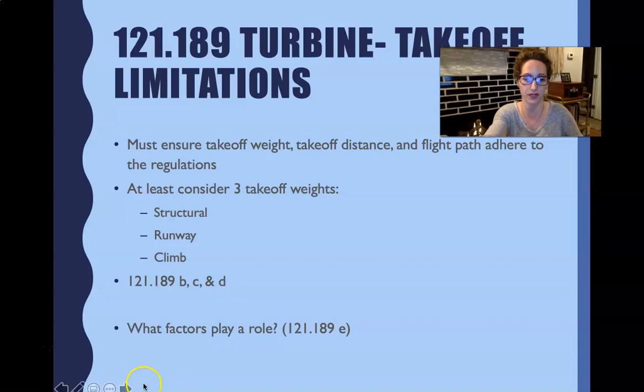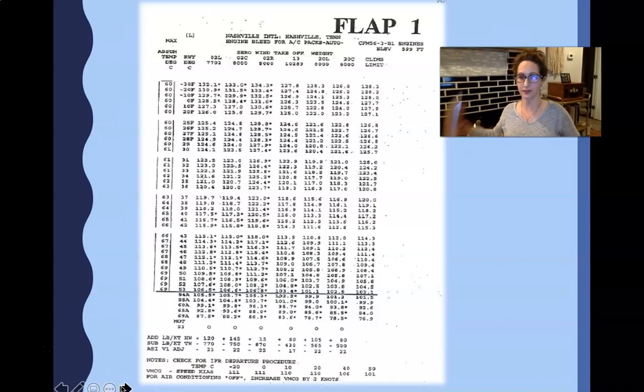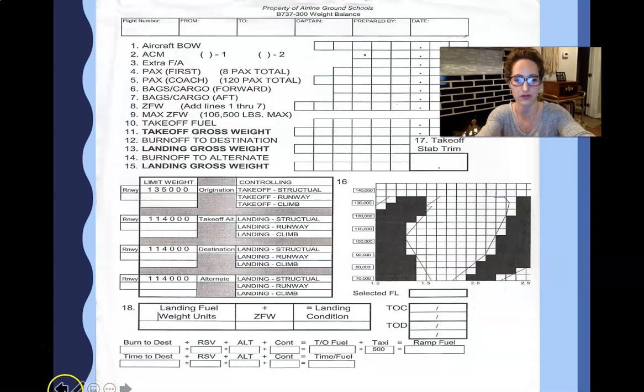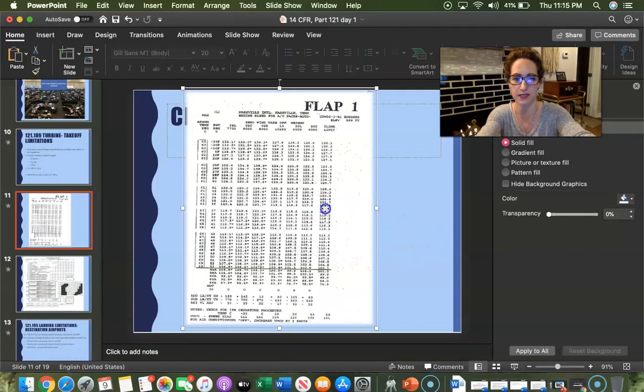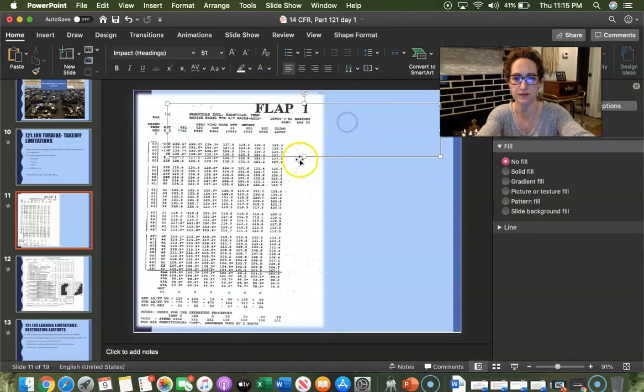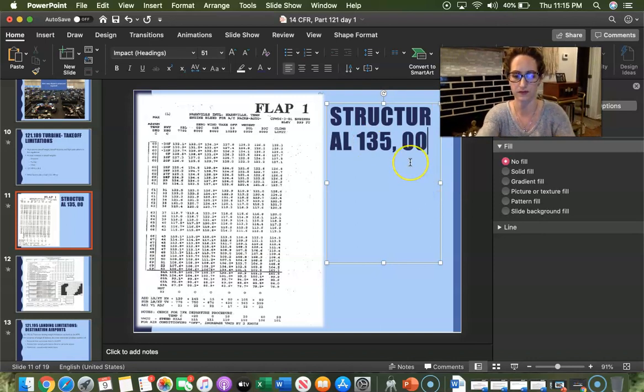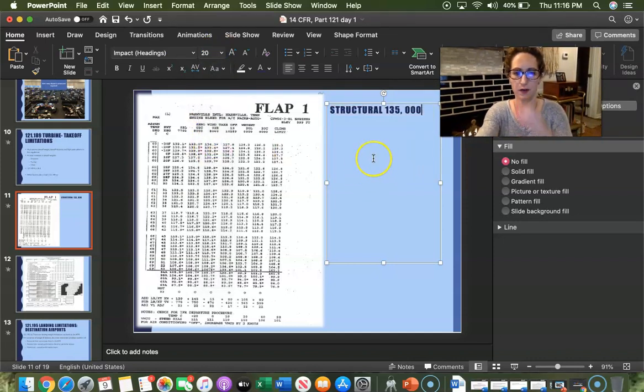So how do you feel about the factors that play a role? Let's do an example. Okay. First thing I want you guys to know is we're going to practice. I wish I had written down an example. I'm actually going to write this in. Let's see. Okay. I'll fix that. One second. Okay, so